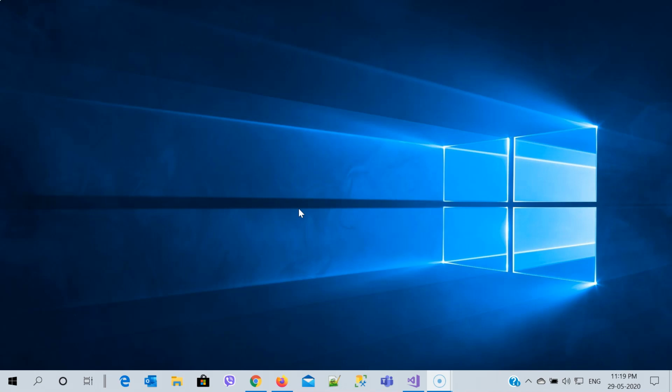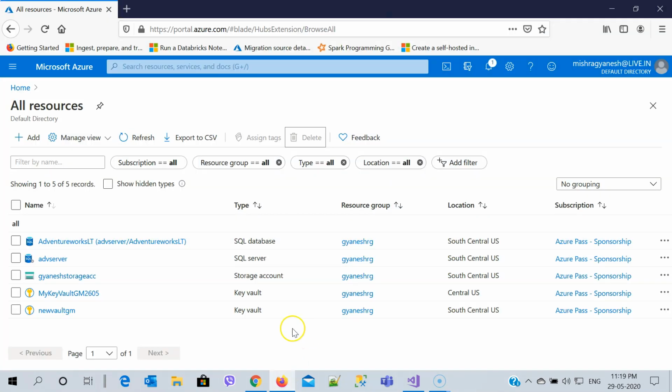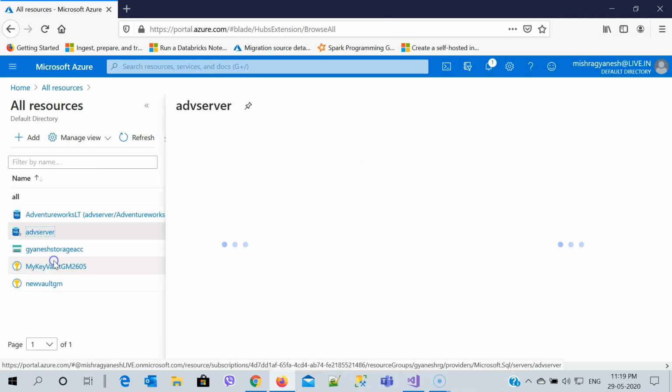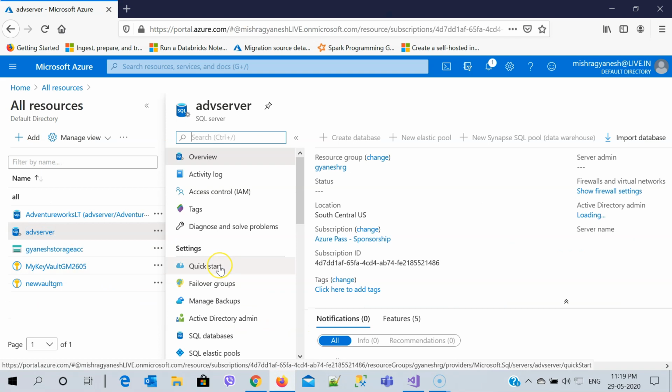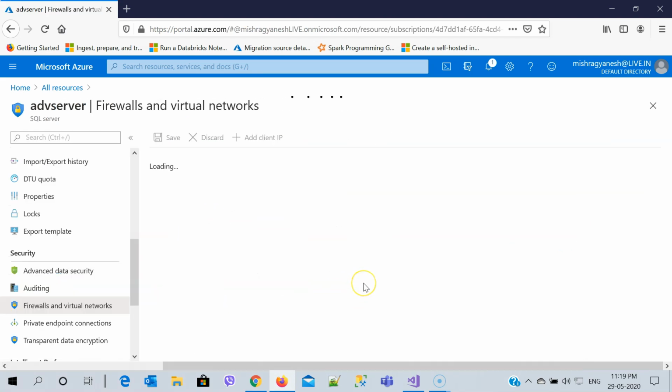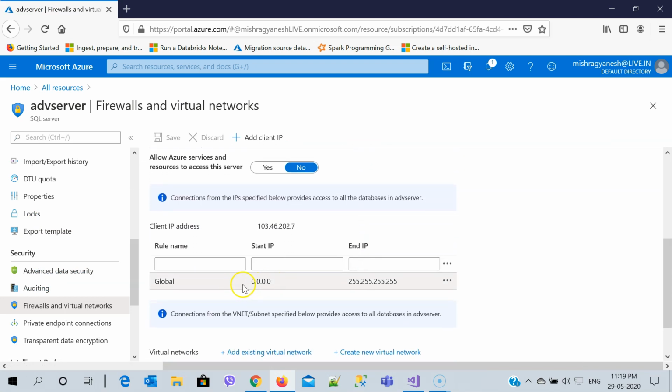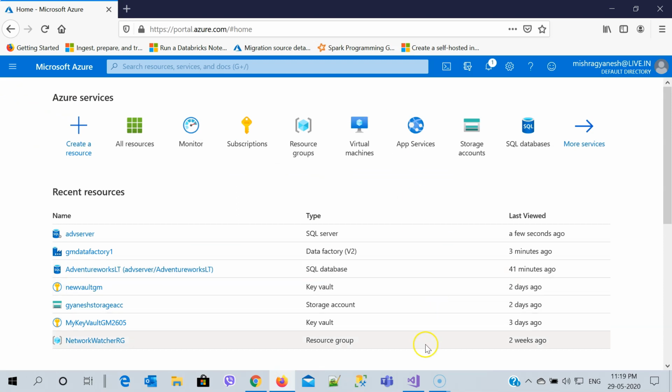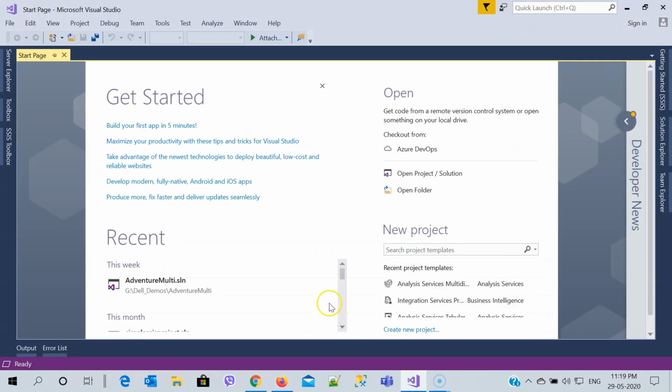So in this case, first of all, we need a few things. We require an Azure SQL database server where the firewall rule has already been set up. I do have a server where I have already set up the firewall rules, and that's the range of my firewall. Apart from that, I require a tool known as Visual Studio SQL Server Data Tools, because by using that I am going to create my SSIS packages.